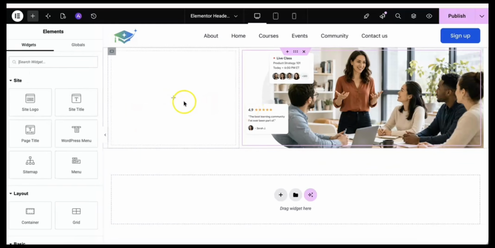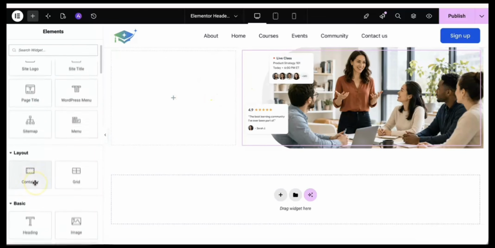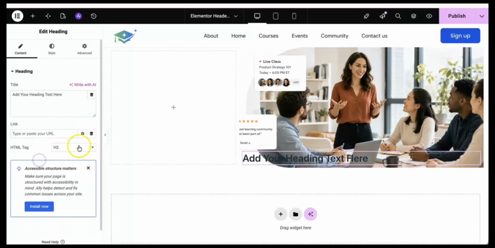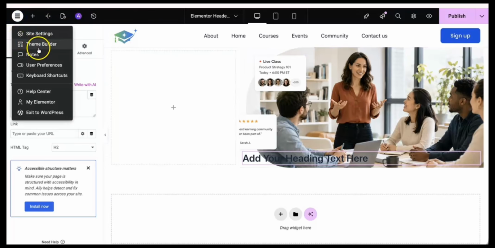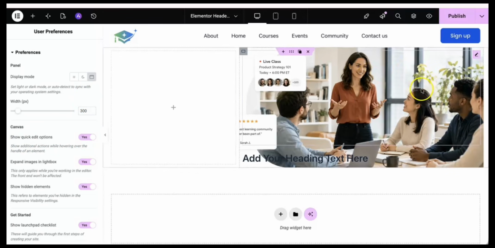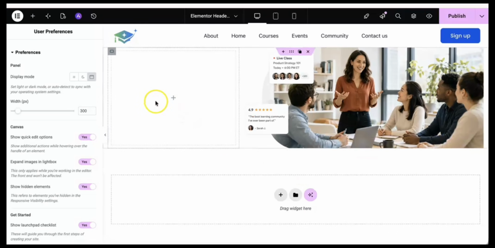Okay, let's add some text content to this section. So for the content, we have here user preferences, and we have shorthand quick edit options. Now you can see when I hover on it, it will show some options like duplicate and cross. We will cross it. So we will go here,